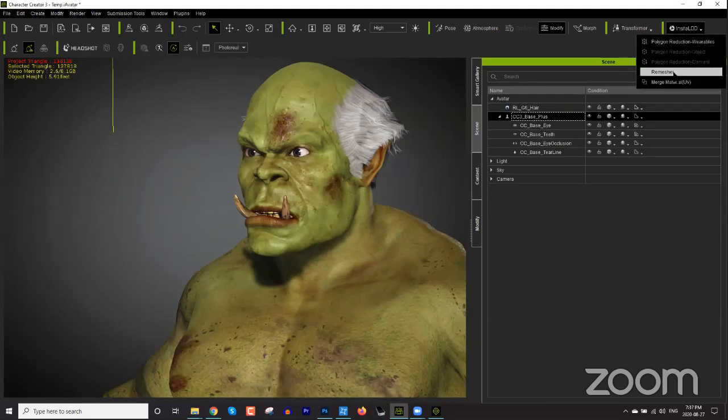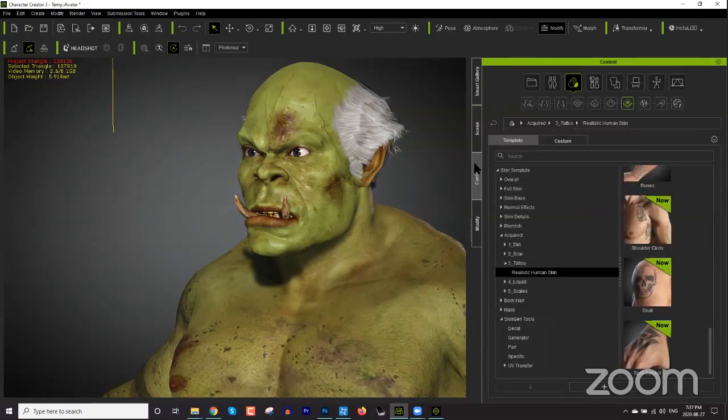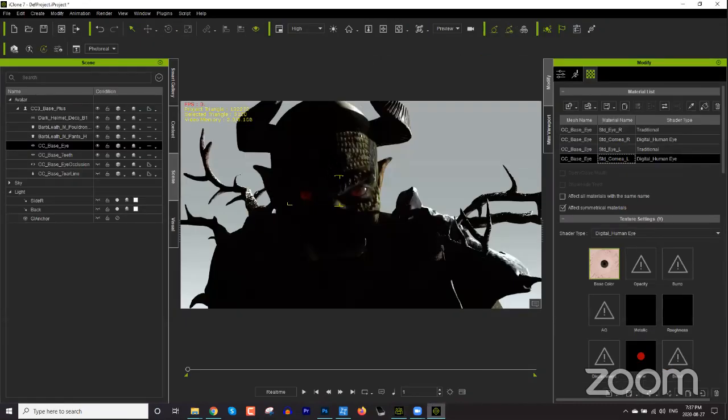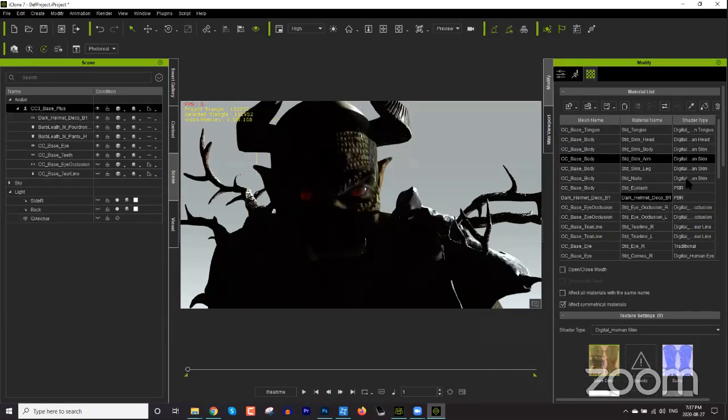Yeah, there's the remesher, and you can reduce the polygons of elements and objects. So you could reduce the polygon count. That will probably have the biggest difference. Other ways you could reduce the resources your character takes up would be to just put less clothing on the character. You can also link the